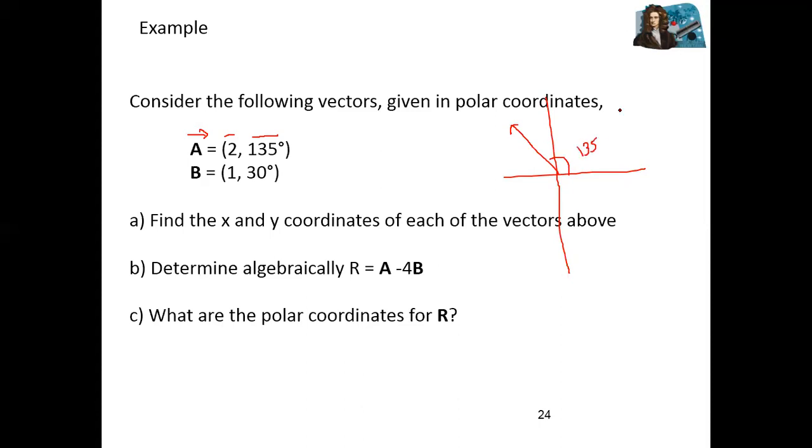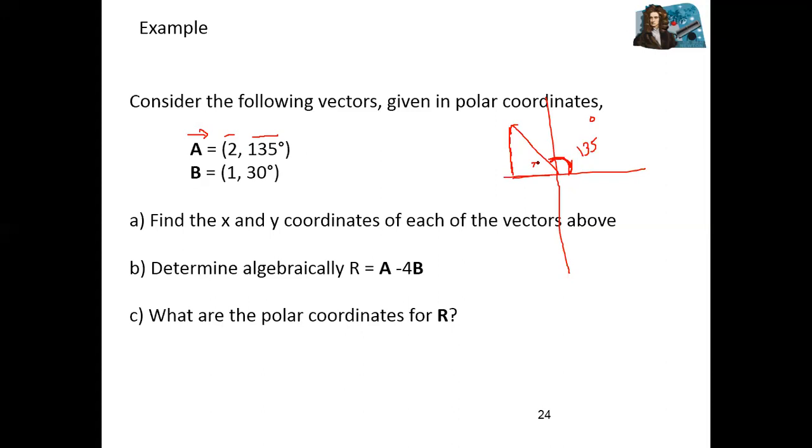So how can you draw the vertical component and the horizontal component? You need to draw a vertical line here. The vertical line will always be on the x-axis. So the vertical component and also the horizontal component. But here you need to count this angle, 135 degrees, not this one. Correct?